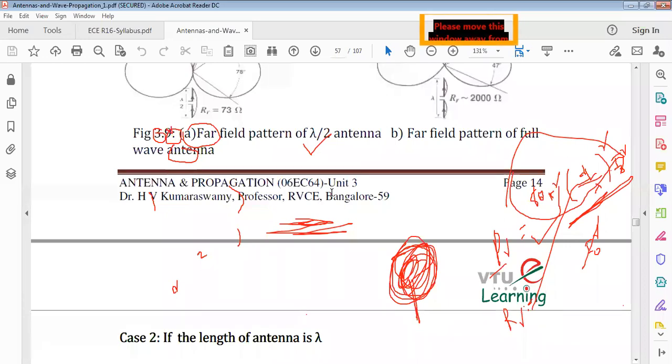From that we derive the radiated power PR equal to 85 square DL by lambda whole square into I naught square. If we divide with I naught square on both sides, it gives us the radiation resistance. That is the radiated power and radiation resistance of an alternating current element. Alternating current element means each piece of a wire whose length is less than lambda by 2. That's all for today. I will continue in the next class. Okay, thank you everybody. Thank you.